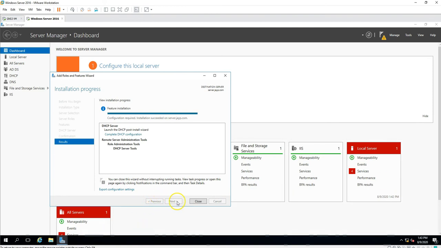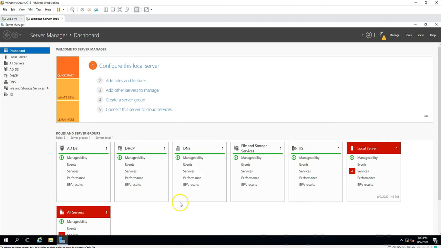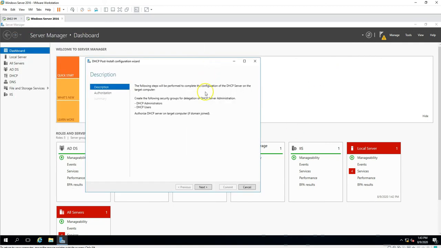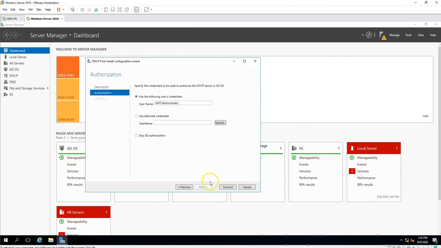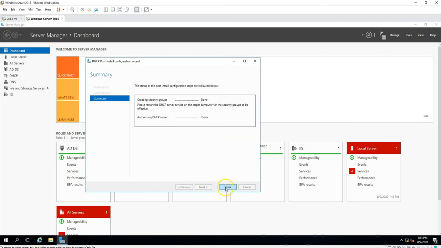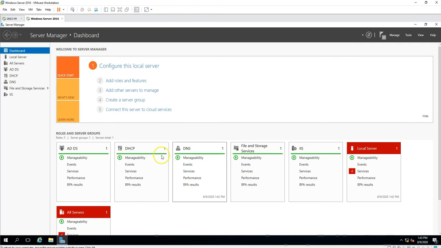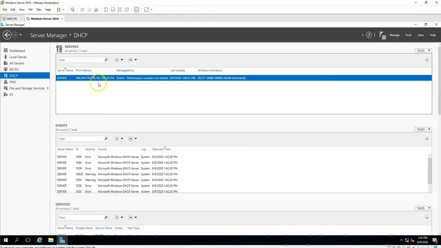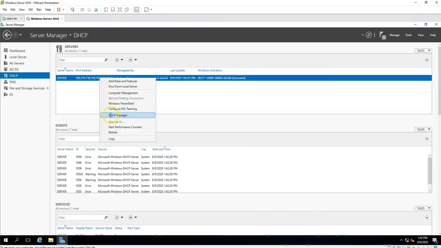Alright, it's already installed, so click close. We go back here and do the complete DHCP configuration. All we have to do here is click next and commit. Okay, and close it. And then we go to our DHCP, right click, DHCP Manager,